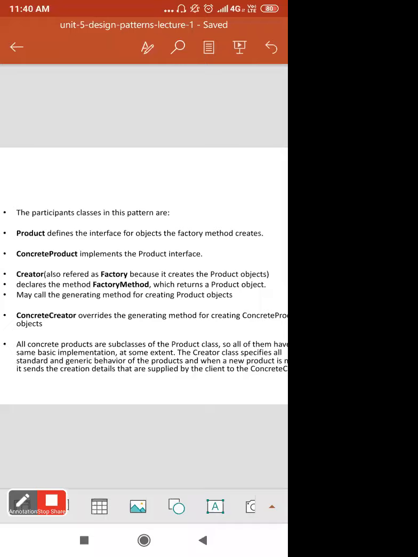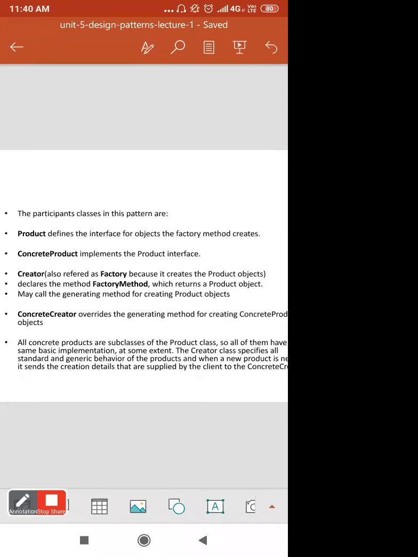Okay, you will get a clear idea by referring to the diagrams. In your books also the diagrams are given very nicely, and I also provided you some UML diagrams of different design patterns, in which all these design patterns are covered. So go through those diagrams, then you will clearly get the idea of these design patterns. Okay, so let's go further.